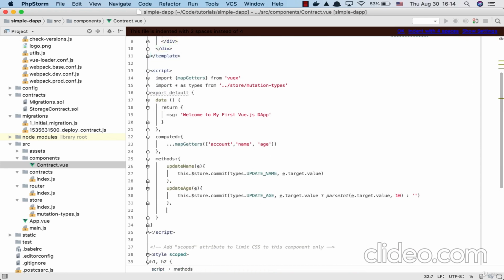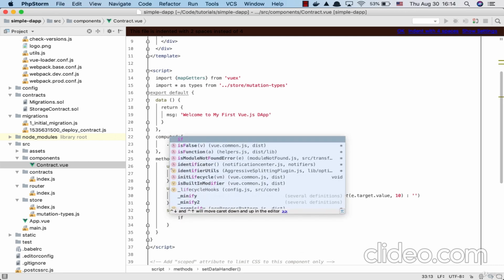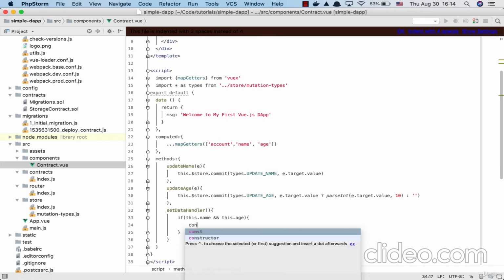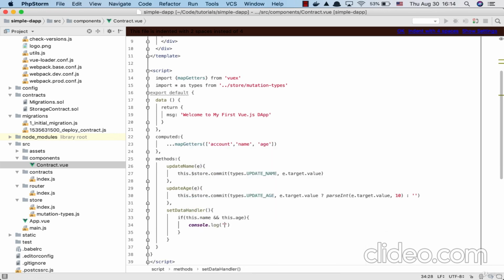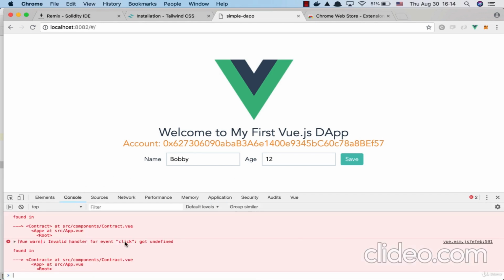Okay, we're gonna need to create this setData handler here, and if we want to prevent user to submit a blank form, we can do like this, name and this age. We can console log form submitted to see if the method is bound well, and